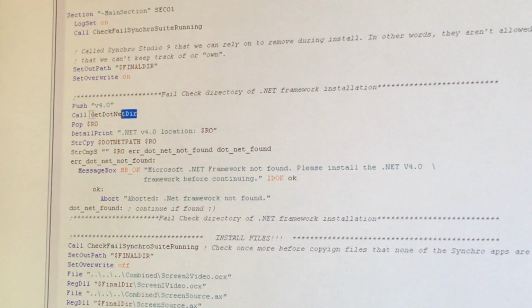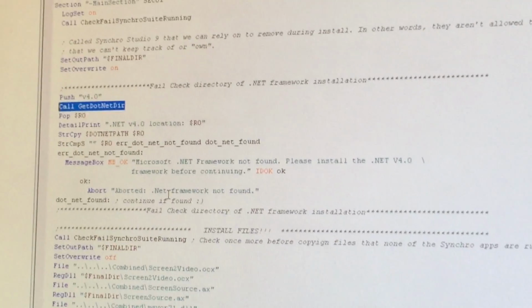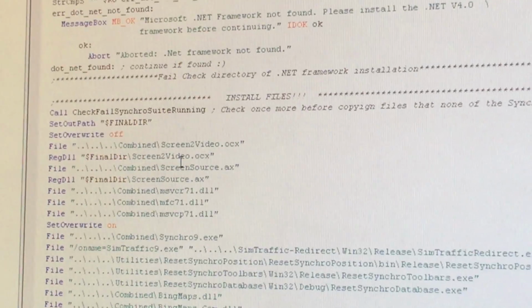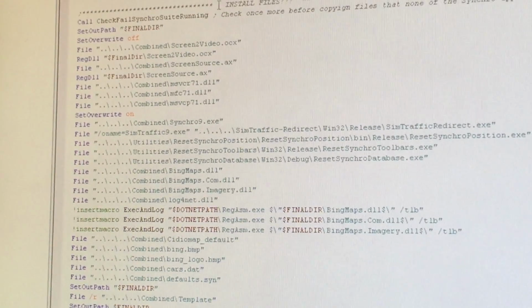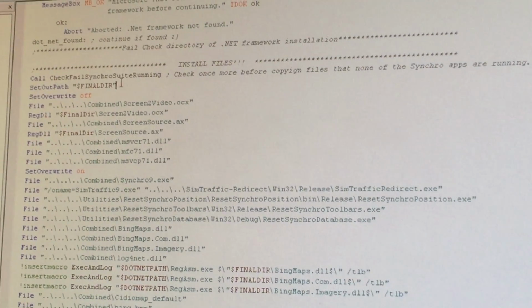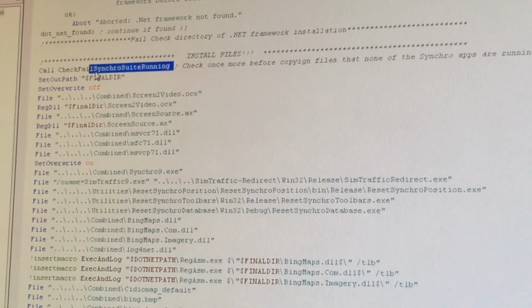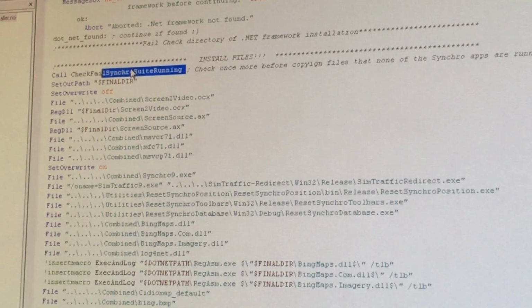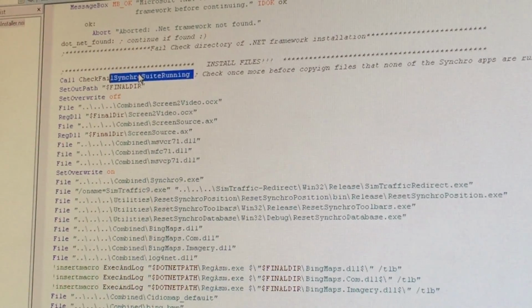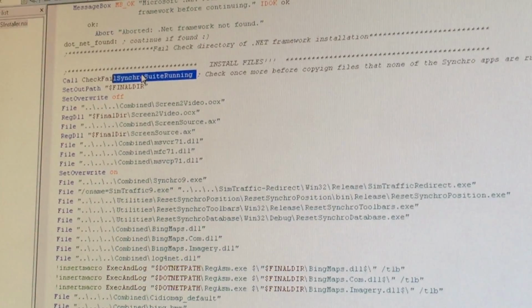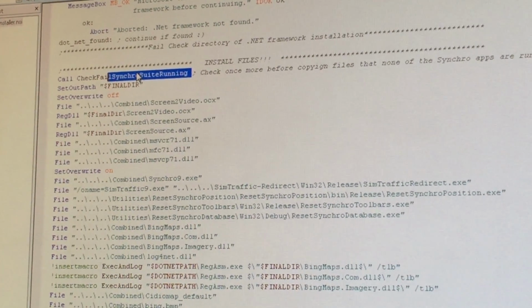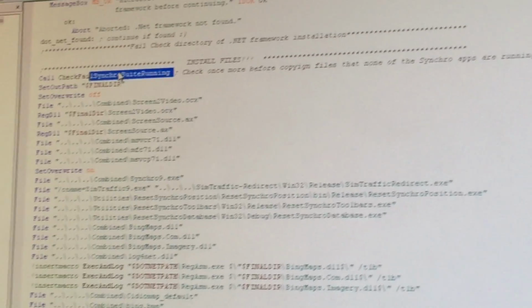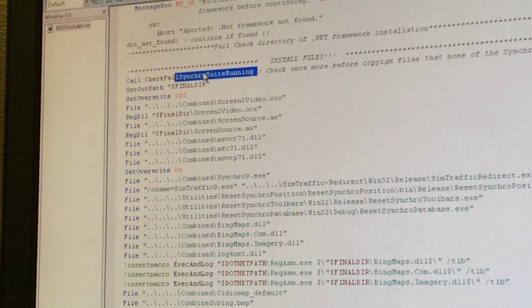So we call get.net dir, that function up there. Make sure that the .NET installation exists, and then we start copying files. And you can see here install files. It does another check for Syncro because I've encountered a few situations where I've double-clicked on Syncro and it started running, but it didn't actually launch right away. And then halfway through the installer, it actually messed up, had problems. So I started putting that in a lot of spots so that it would make sure that Syncro